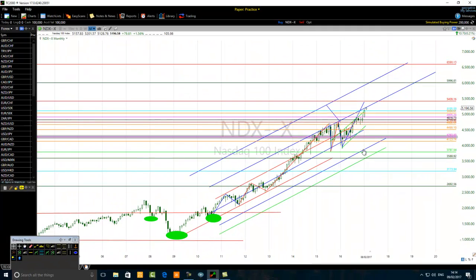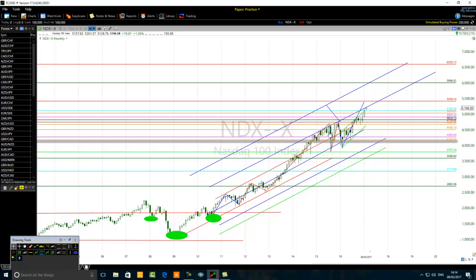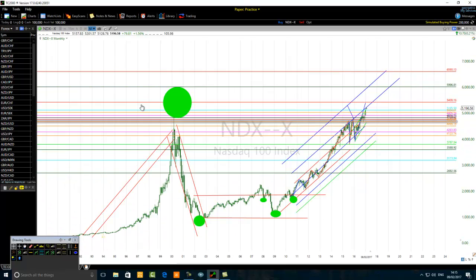All right, so this is what's happening. We are in a fifth Elliott wave. There's a resistance at 5408, and also we are now on the edge of the top of the channel. It will be nice to push it to 5408 to see the reaction of the price in that zone. This is what we see on the monthly chart: previous resistance or previous trend taken out, we are in a fifth Elliott wave, resistance at 5408, greedy target at 6590, you don't want to forget that,